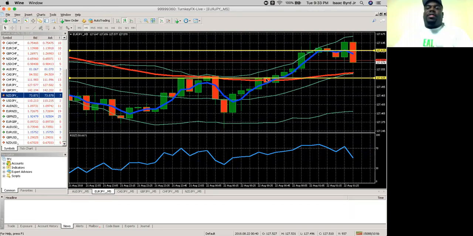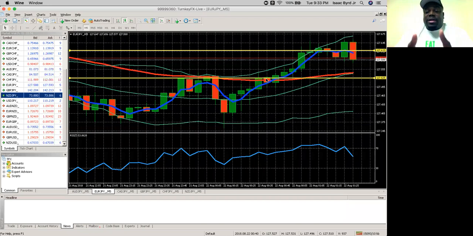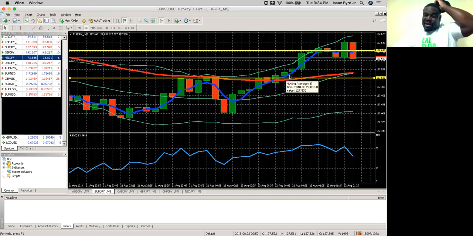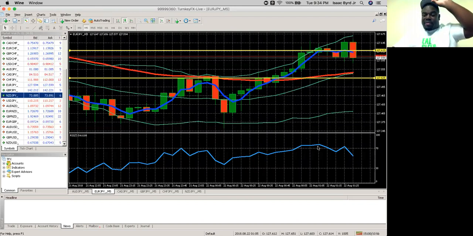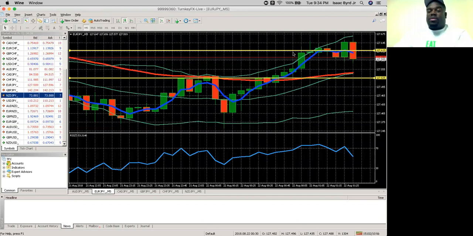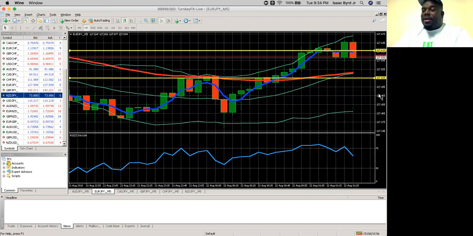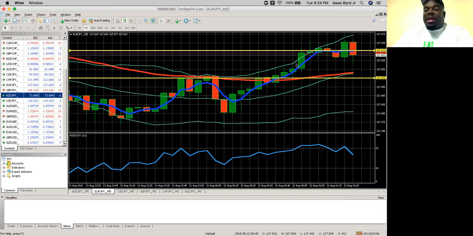Sometimes you'll see that this is a strong trade, but the trend is still happening. So for example, right here, this is usually going to show on the 15-minute chart as well. But let's just say this uptrend is happening, and it's just going up and up and up. It's still happening over the next 15 minutes. Well, you don't want to enter that trade right then. You want to wait till it gets to its peak and then starts to go down.